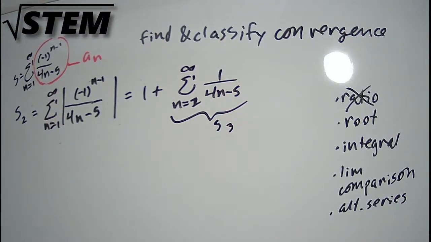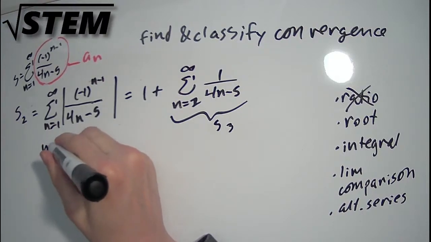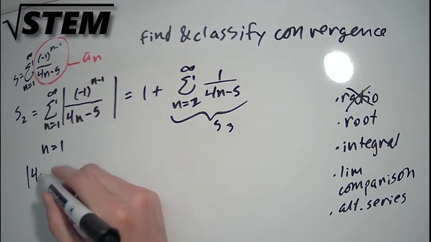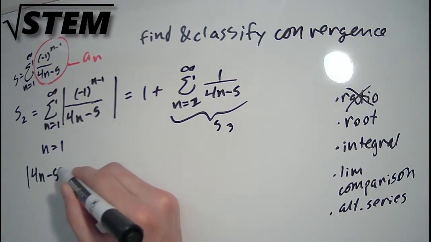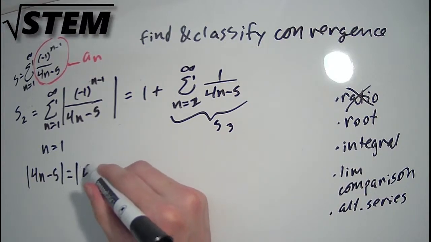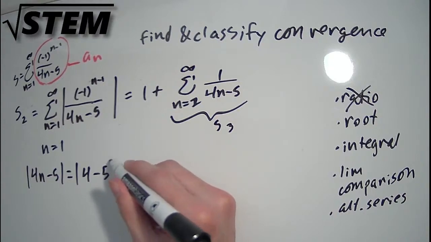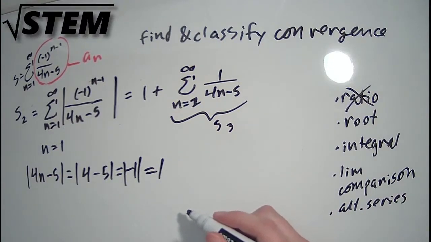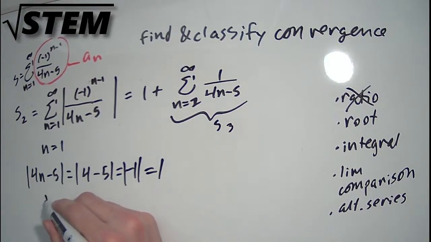We could, for the first term, when n equals 1, the absolute value of 4n minus 5 is 4 minus 5, which is negative 1, which is 1. But then once we get to n equals 2,